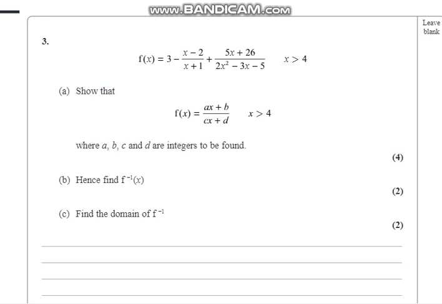Part A has a sum function here, and it says to show that f of x equals ax plus b upon cx plus d, where x is greater than 4, and a, b, c and d are integers to be found. So this big function here, let me just highlight it, is to be written in this way. It's being simplified, so we have to simplify